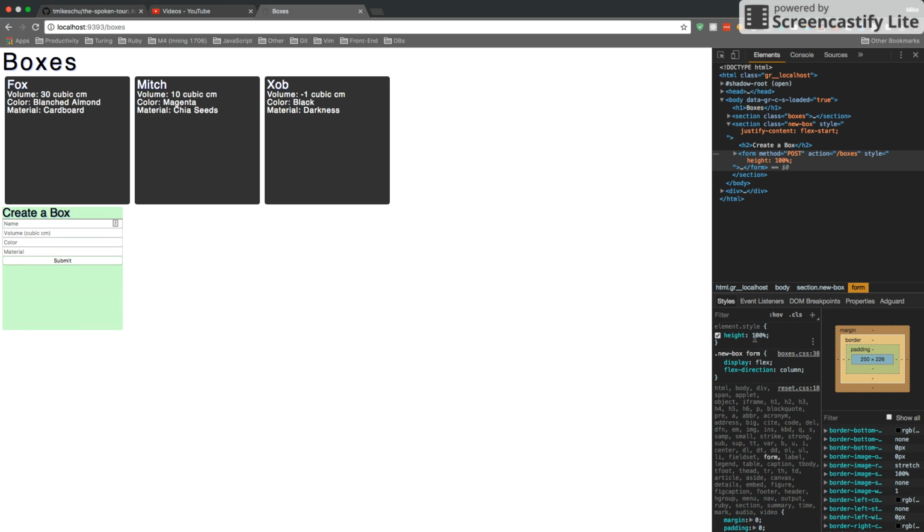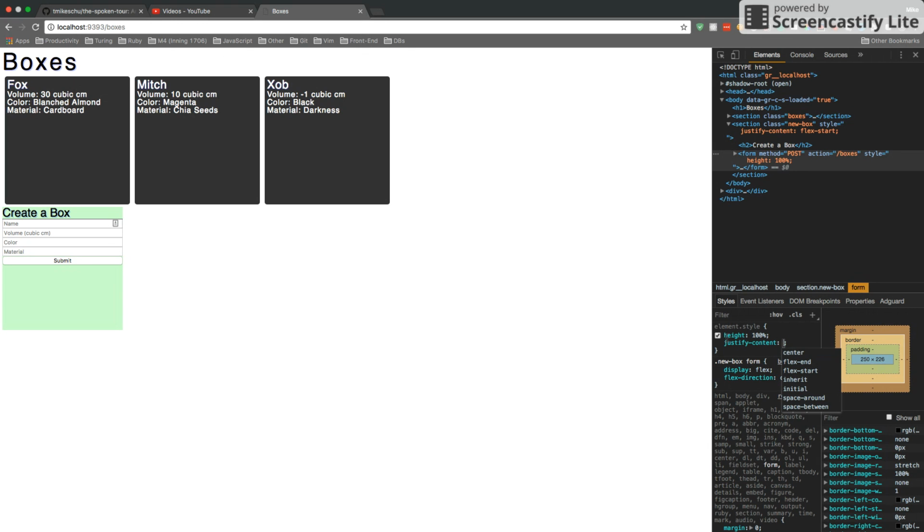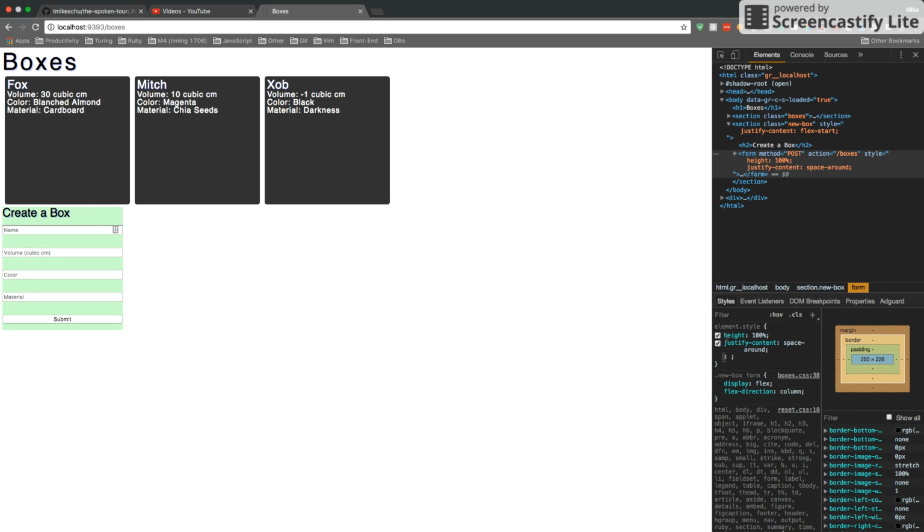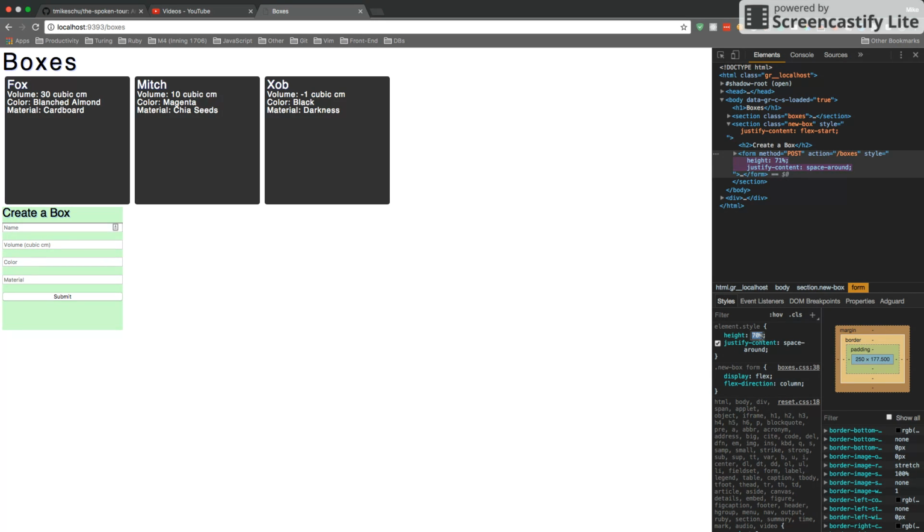So let's maybe add justify content. Let's say we're probably going to want it to have space around. What I don't want is the entire height. So we can see if I move this portion of the form, something more like that in terms of how they're distributed. And okay, so